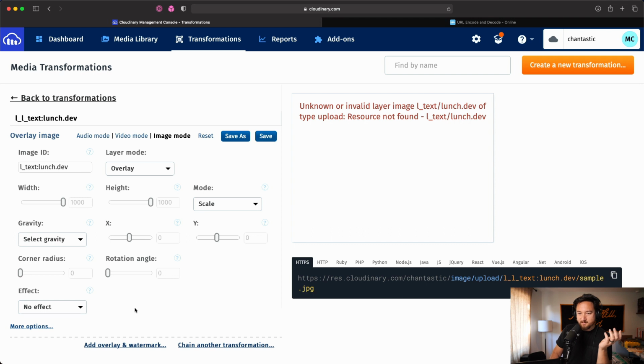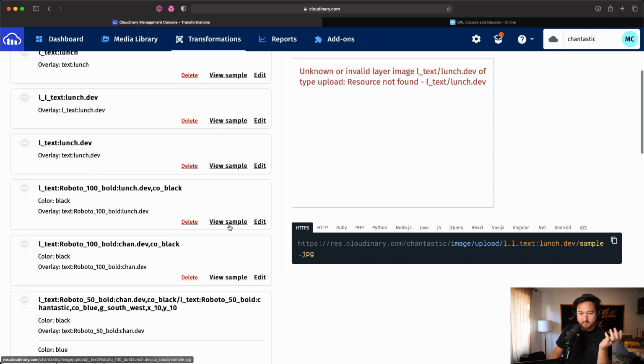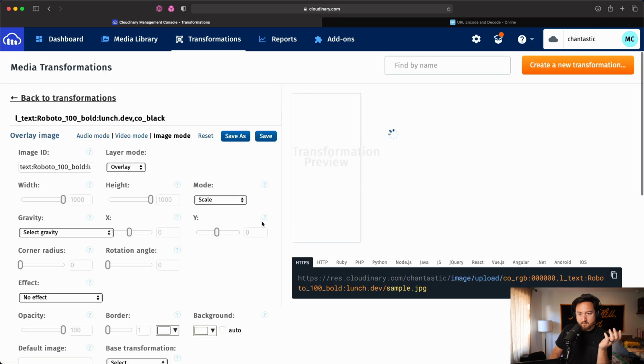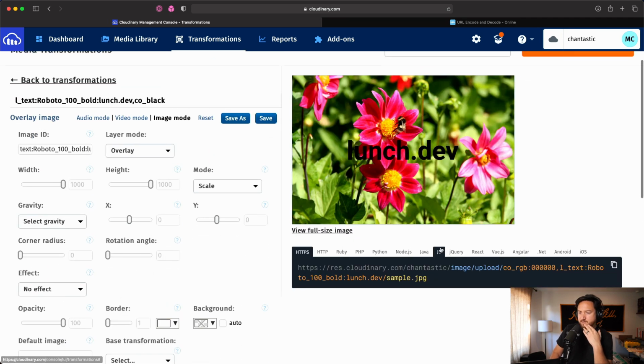I apologize that this is not working as it should. Oh, here we go. Okay, cool. So I think it's possible that I needed to provide the additional color information, but basically the